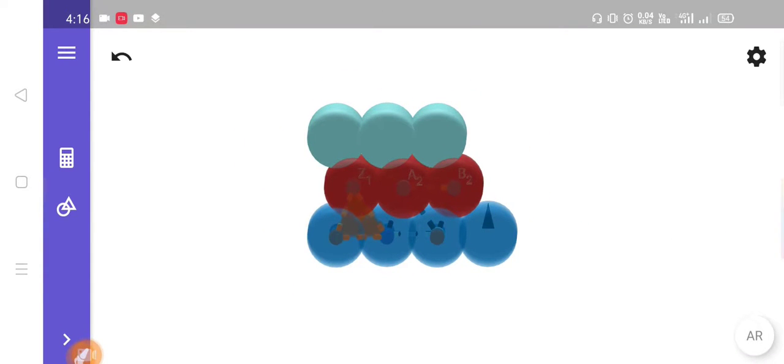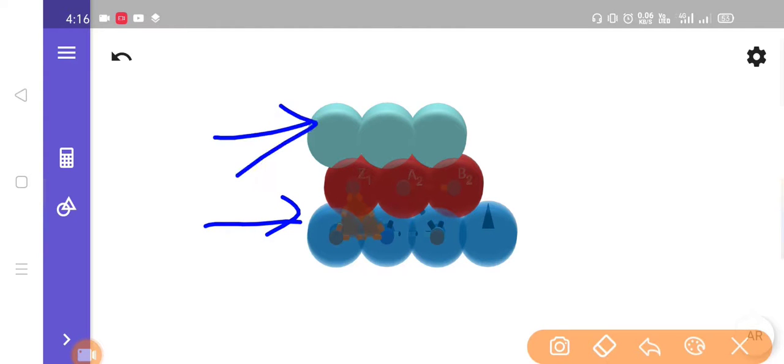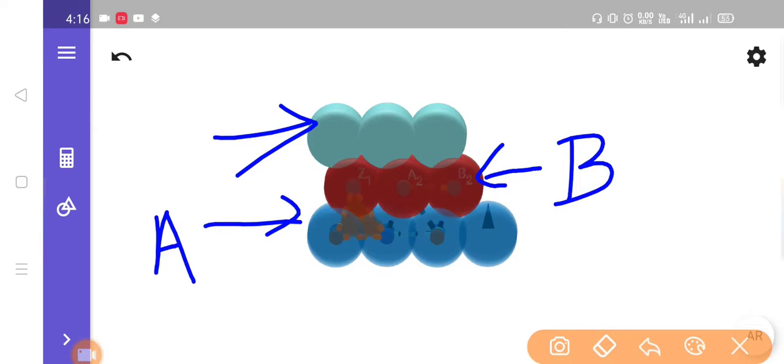The main thing to observe is that if we compare the bottom layer and the upper layer, the spheres of these two layers are aligned exactly the same. If the bottom layer is called A, then the center layer, which is placed differently, we will call layer B. But the third layer is exactly aligned as the first layer, so we call it A again.